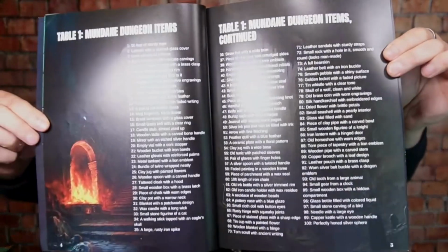You can roll on mundane dungeon items, slightly magical dungeon items, mundane weapons and armor, magical weapons and armor, individual pieces of treasure, magic scrolls, magic potions and elixirs, cursed items, forgotten wonders and otherworldly relics, and full chests of treasure and loot. You can generate full chests of loot. Let me just show you some pages from this. So basically,